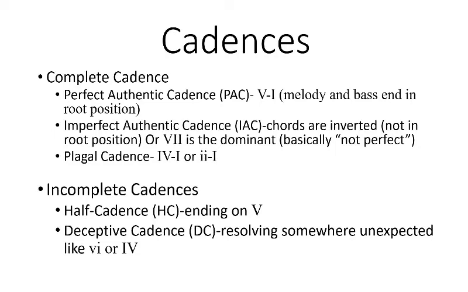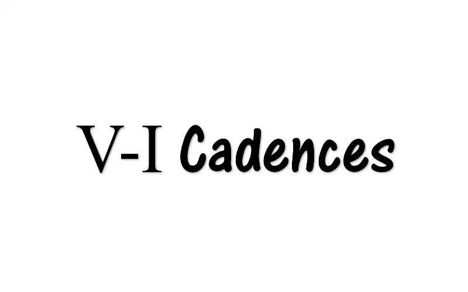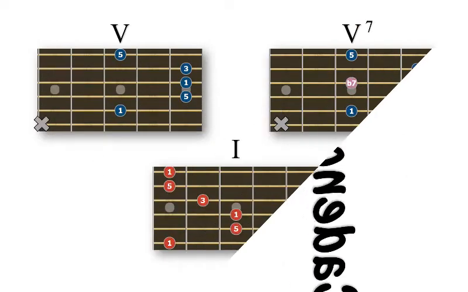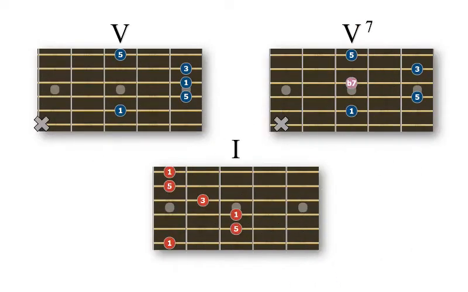Then we have the incomplete cadences that don't feel finished, which could be a half cadence, meaning you have a prolonged 5 chord that does not resolve, or a deceptive cadence that resolves somewhere unexpected, like the 4 or 6 chords. For this video, however, we will be solely looking at examples of completed cadence shapes on the guitar, so let's get into it. This first cadence is probably the most basic PAC shape, where you go from a bar